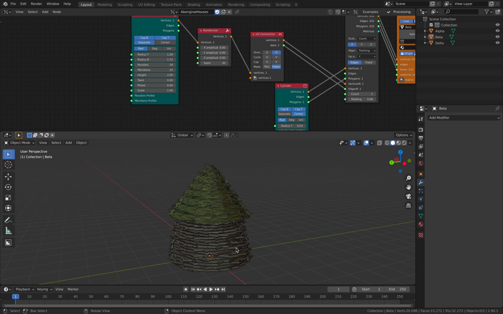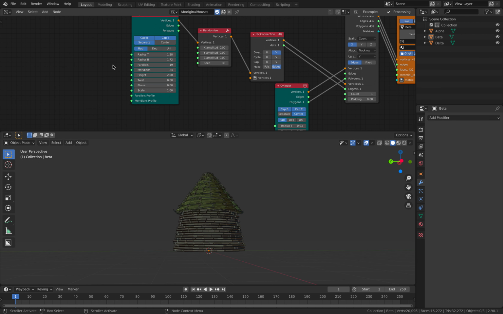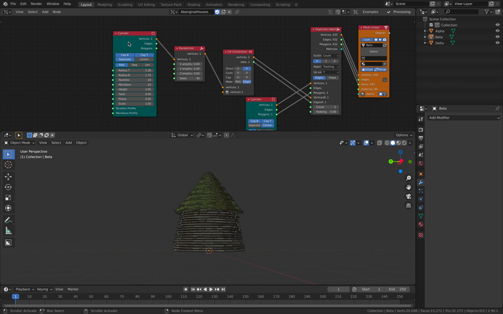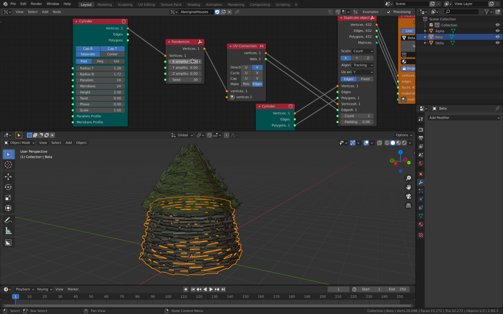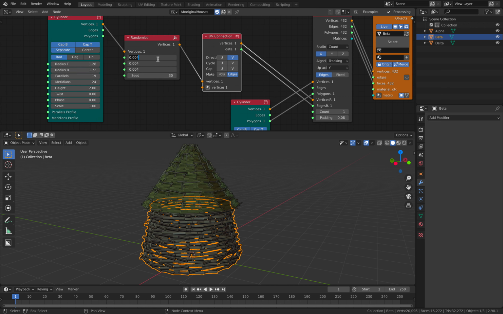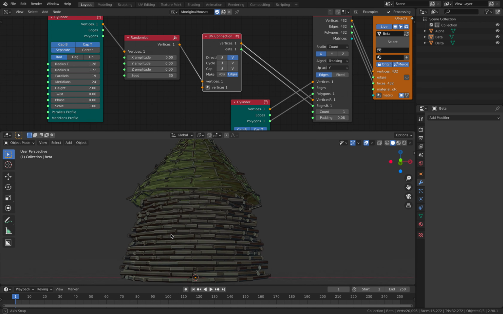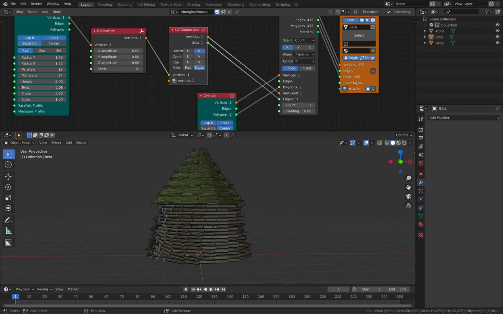I'm basically only using polygon faces or edges to create all the variations. I start with a cylinder for the bottom part here. I could randomize it, and I think I did randomize it slightly. This is like 0.004, and I can make it 0.005, so it's randomizing the cylinder slightly. I can twist it, maybe not too much,